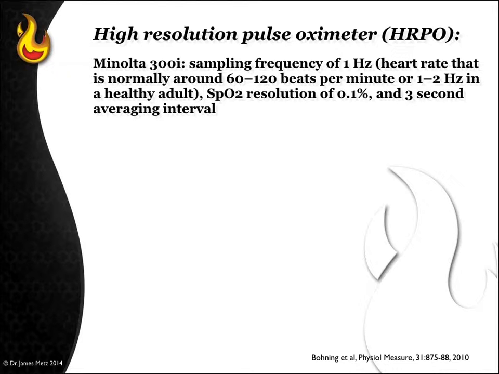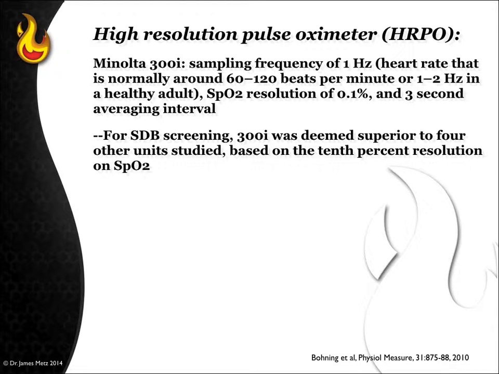But it goes to a 3-second averaging. In other words, every 3 seconds it's a rolling average. So when it gives a data point, it's actually considering that second and the 2 seconds previous to that. So you're not getting a true second-by-second indication, even with the 300i. Most oximeters are much worse, and like I said, the 300i seems to be the best on the market that I've tested. So for screening,